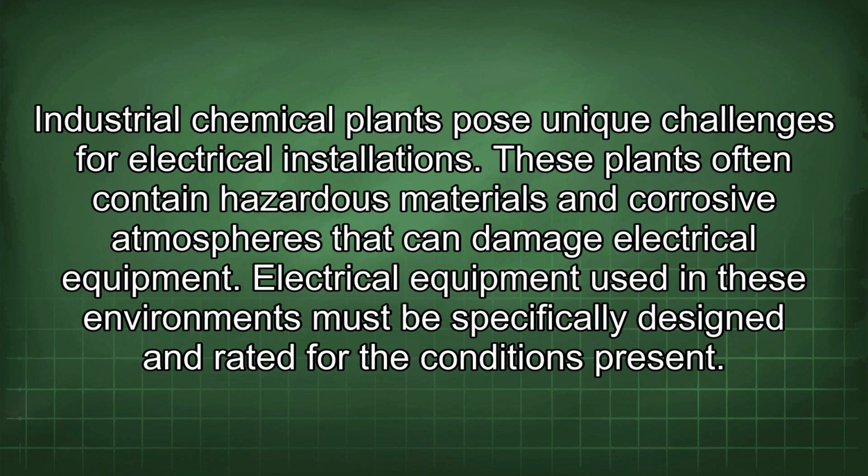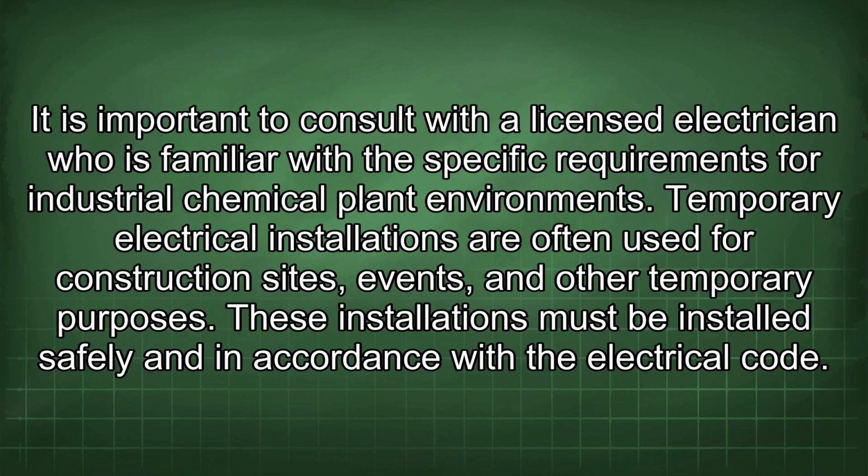Industrial chemical plants pose unique challenges for electrical installations. These plants often contain hazardous materials and corrosive atmospheres that can damage electrical equipment. Electrical equipment used in these environments must be specifically designed and rated for the conditions present. It is important to consult with a licensed electrician who is familiar with the specific requirements for industrial chemical plant